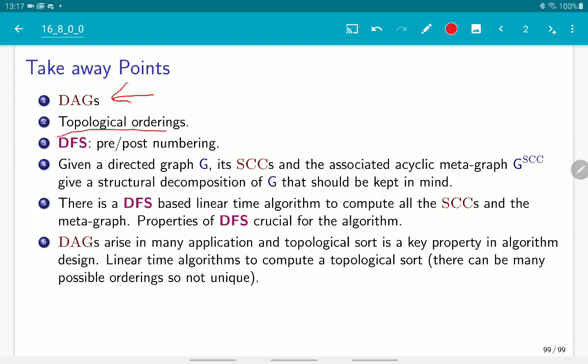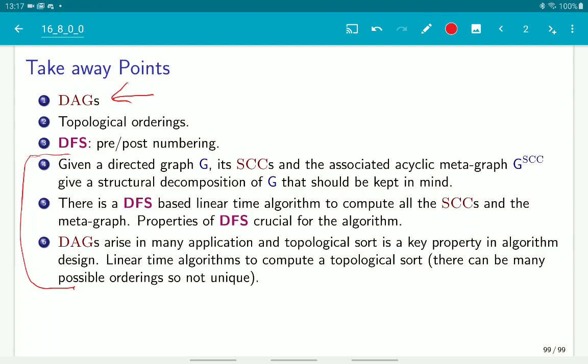Then we saw DFS on directed graphs, how it provides us with pre and post numbering on vertices. And then we went down the rabbit hole of strongly connected components. We showed, so first, when we have a directed graph, the equivalent of connected components in an undirected graph is strongly connected components. If you collapse strongly connected components into vertices, the resulting graph is this metagraph that is a DAG of